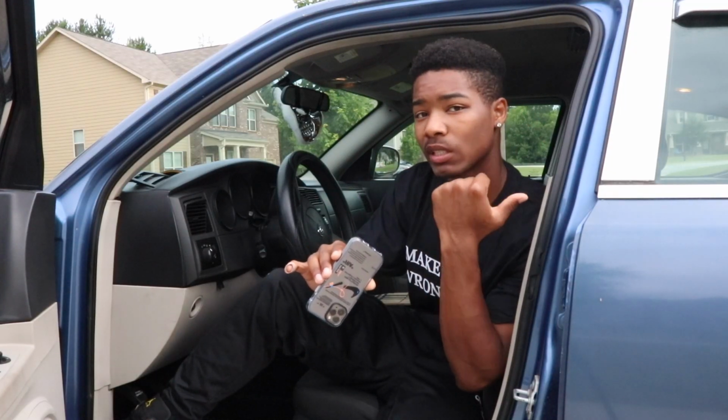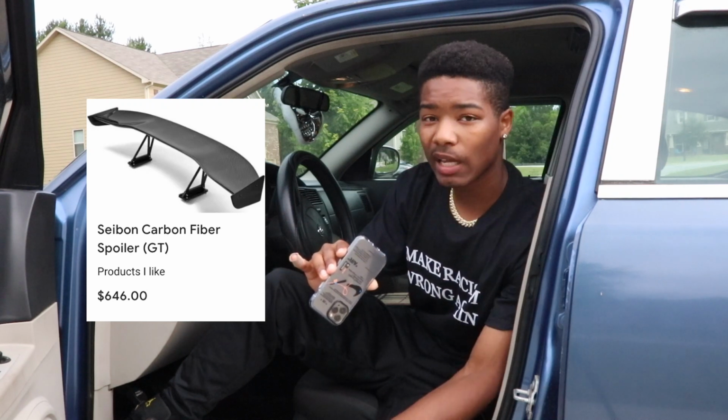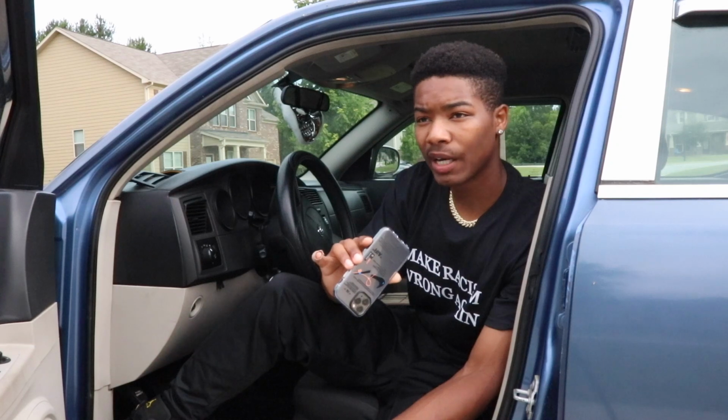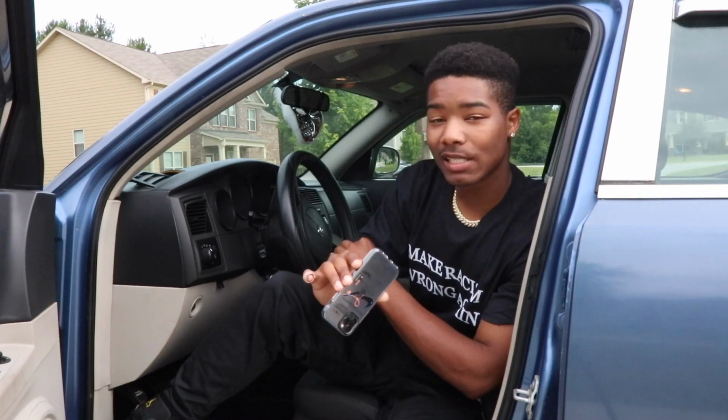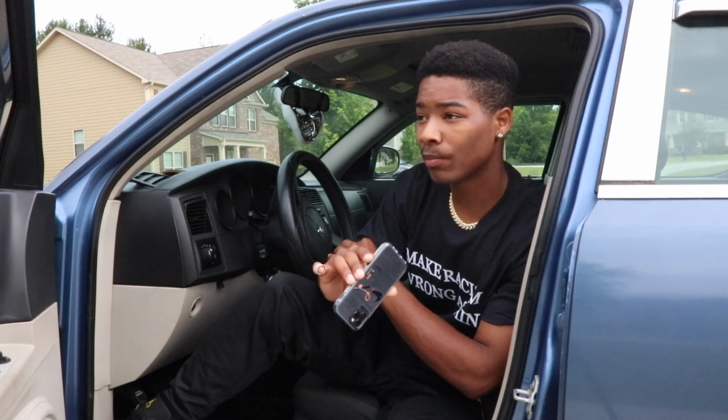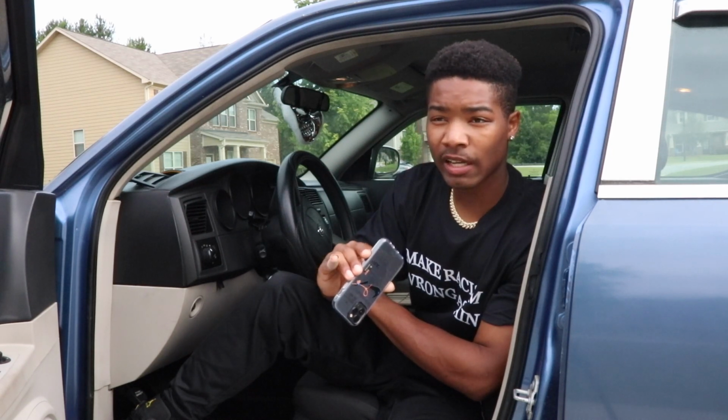And I want to do something with that fin back there, that wing. Might even have to get it replaced, I don't know, so that I can skate it. That one, I don't know if it can hold my body weight, but I'm gonna try. I want to skate my car. Like, I want my car to be skateable. I could pull up to a skate spot, pull up with the kicker, and just let homies skate the